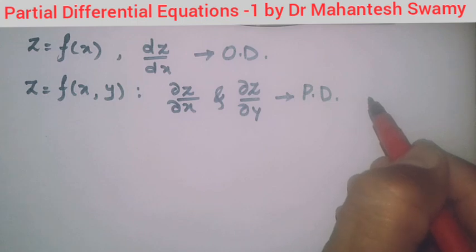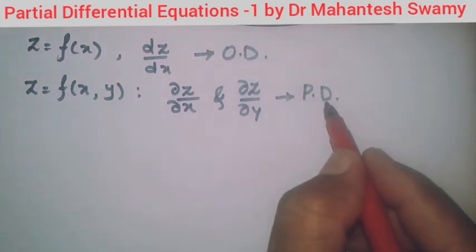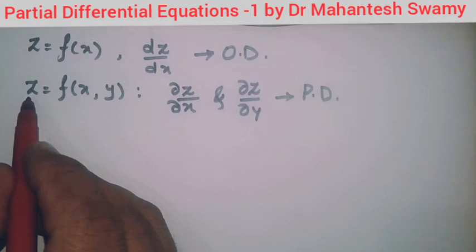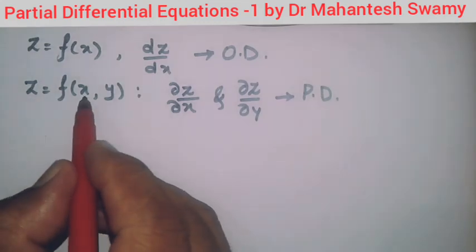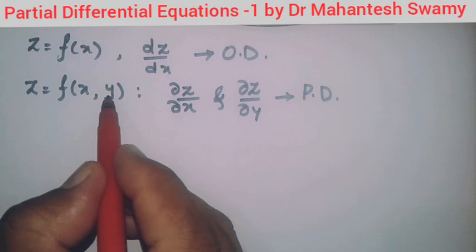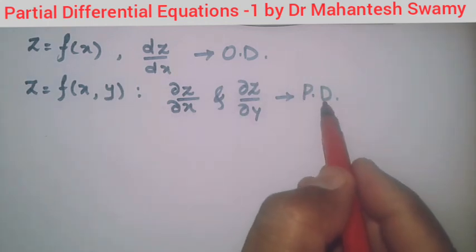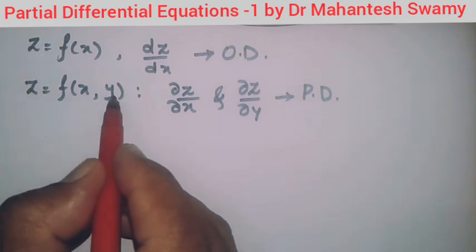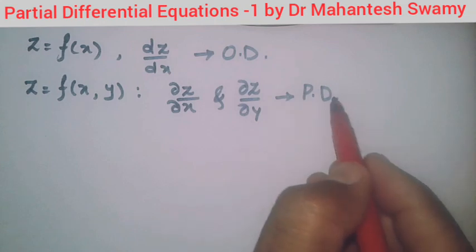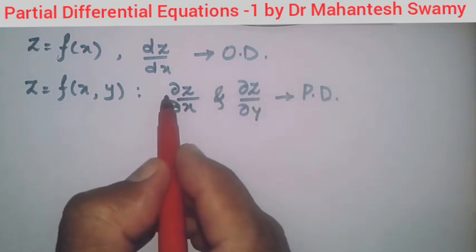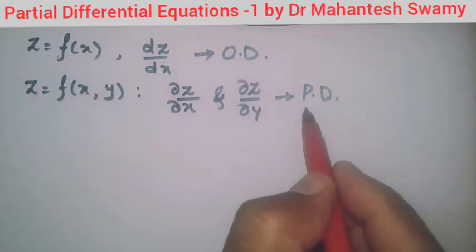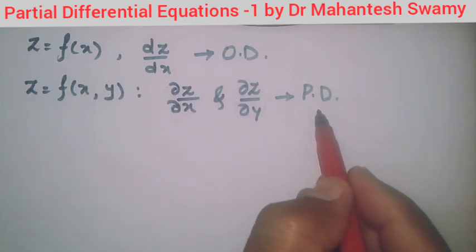So therefore the equation which involves the partial derivatives along with the dependent variable, here z is the dependent variable, of course it will be the unknown of the differential equation, and the independent variables will be at least 2. For the partial differential equation, we should have a function z of at least 2 independent variables. Then only we can have the partial derivatives, then only we can have the partial differential equation. So therefore, we have now defined the partial differential equation.